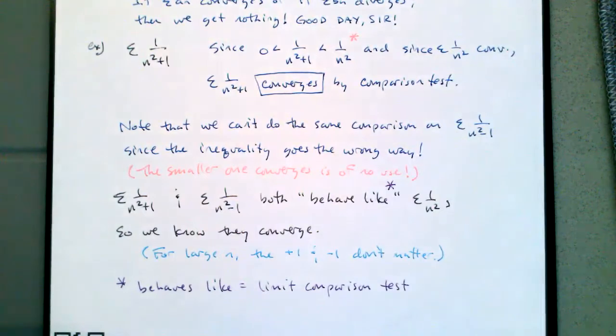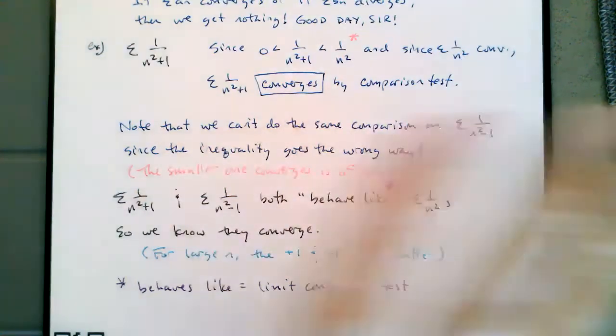Because we're doing a lot of hand waving when we say 1 over n squared plus 1 is pretty much like 1 over n squared. You can't see me, but every time I do that, I wave my hands. I'm like, oh, it's pretty much,